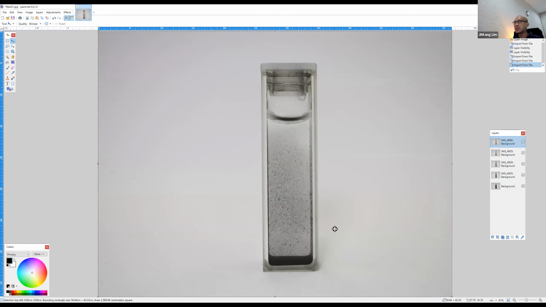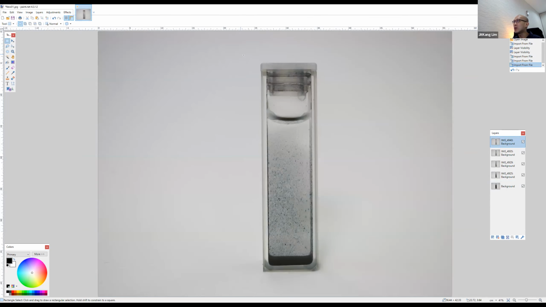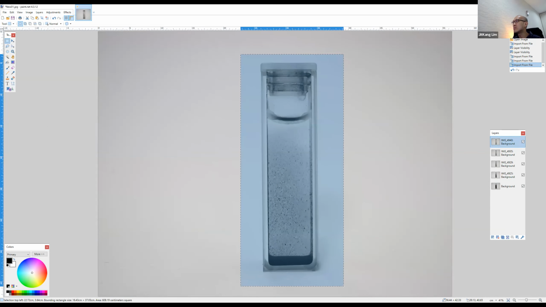The reason I stack them onto each other is because now I can crop, right? I'm using this rectangular selection tool here. Then what I need to do now is select the area that I want, right? I select the area that I want. Then I go to image and choose crop to selection, or just press Ctrl+Shift+X. The moment I do it,